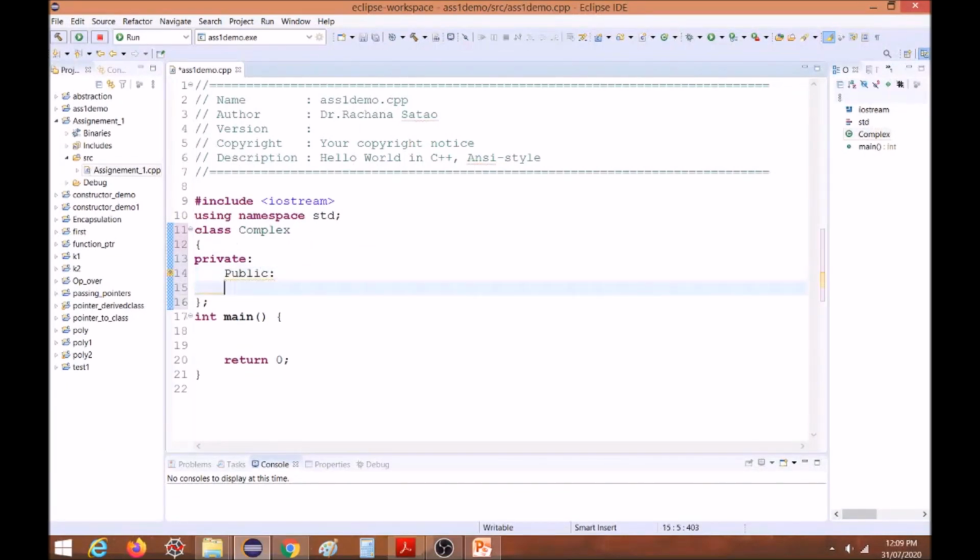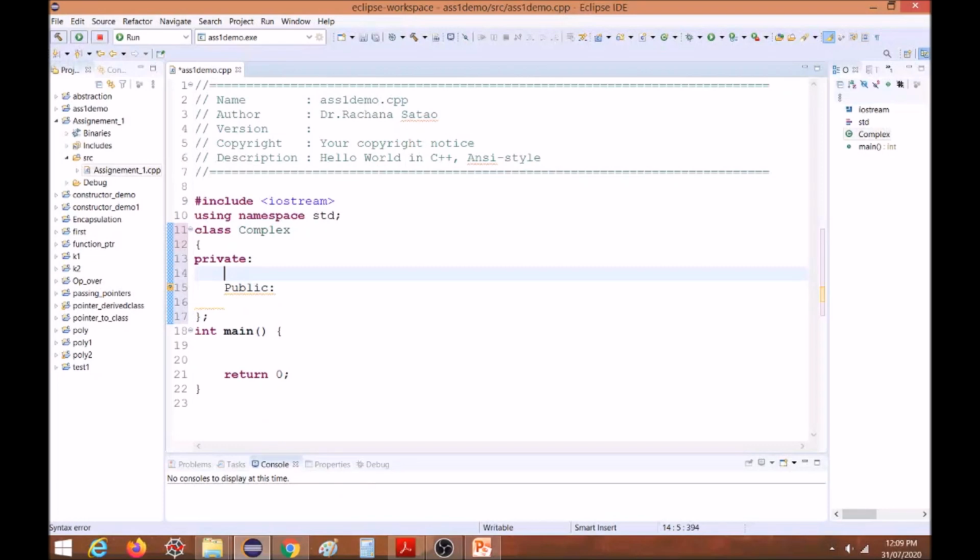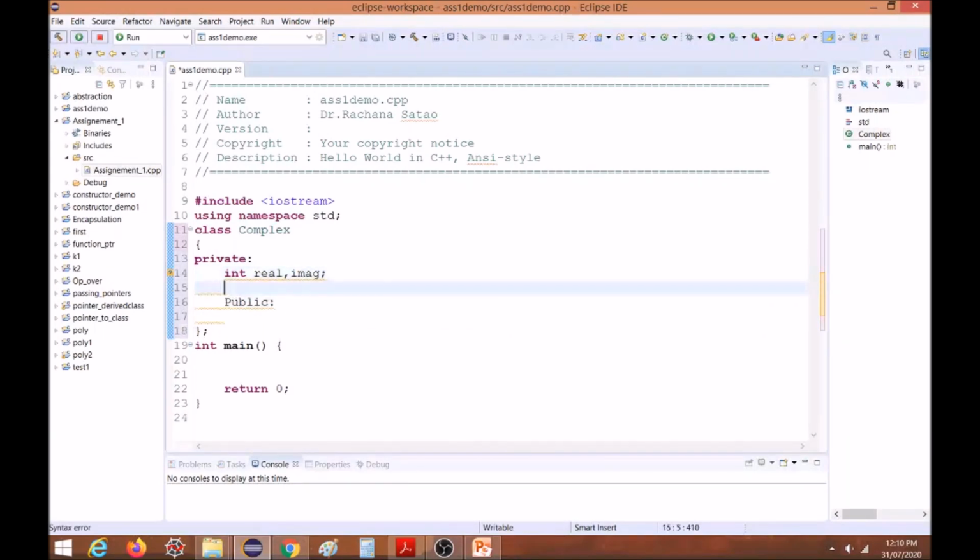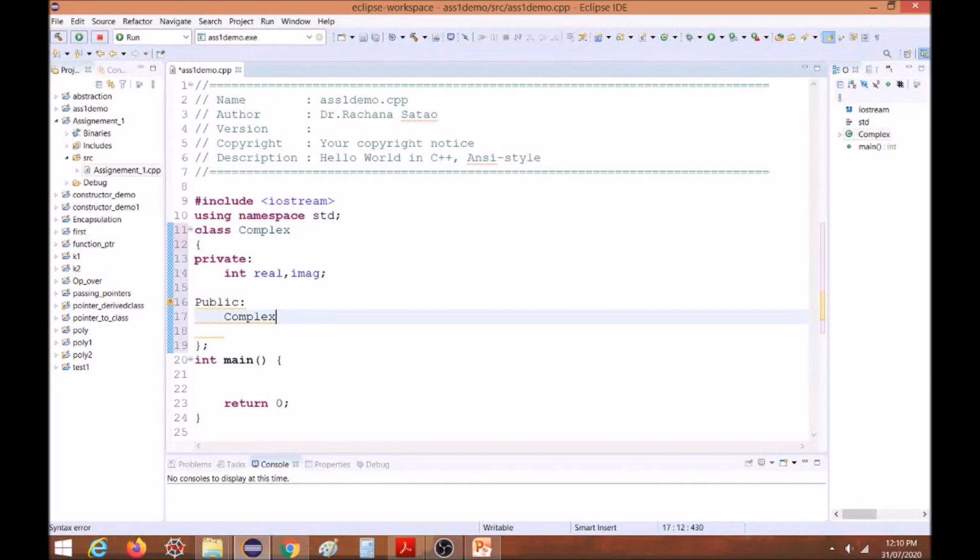In the private section we will write integer real comma imaginary, two variables, and in the public section I will start with the constructor. The constructor should have the same name as that of the class, and we have to create a default constructor.